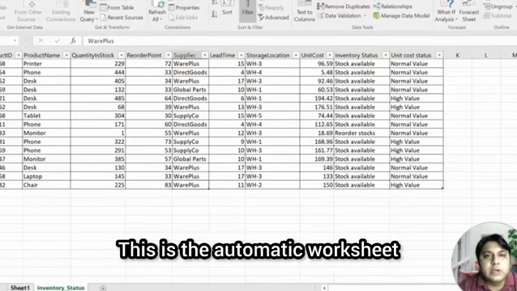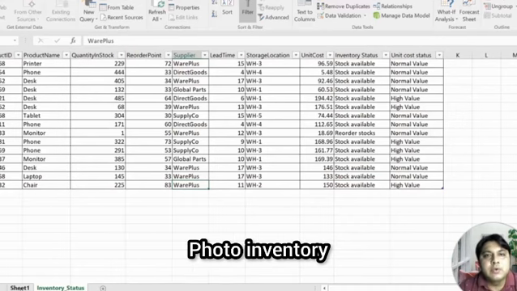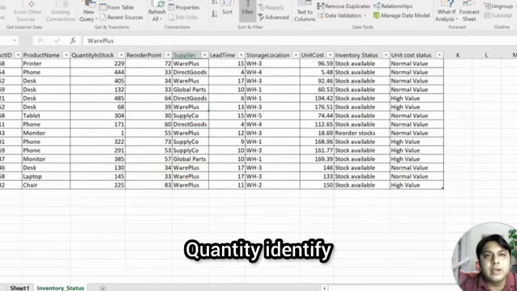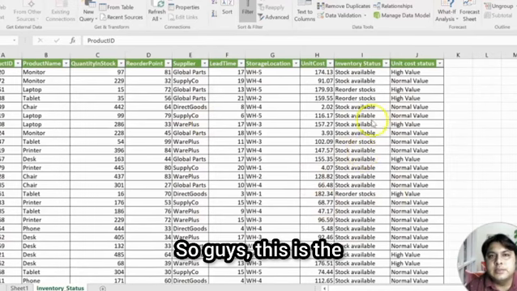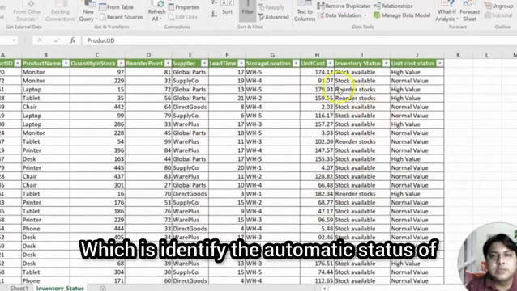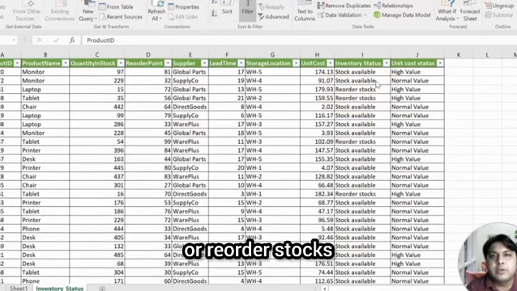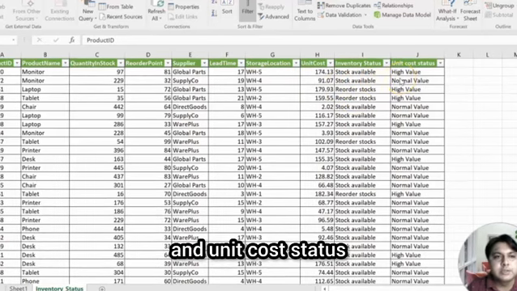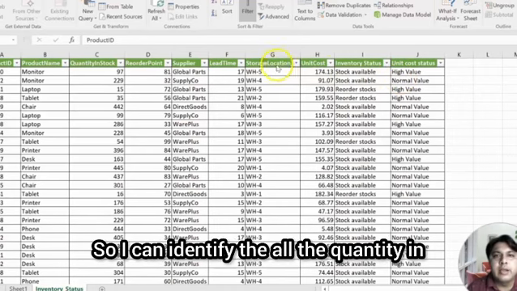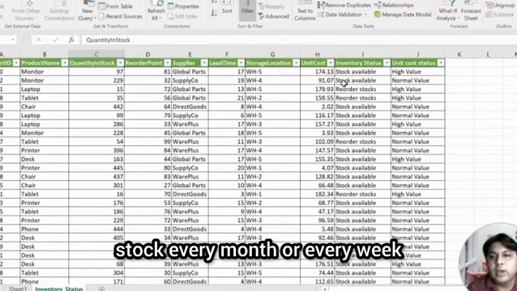So guys, this is the automatic worksheet for identifying inventory quantity. My file is ready, identifying the automatic status of the inventory: stock available or reorder stocks, and unit cost status. So I can identify all the quantity in stock every month or every week.